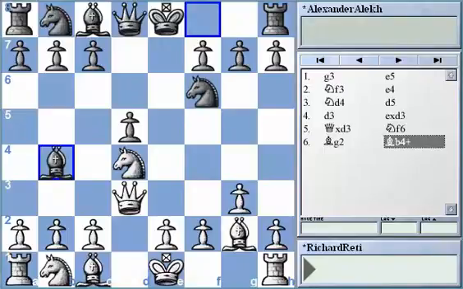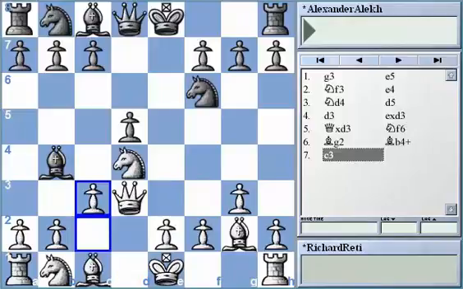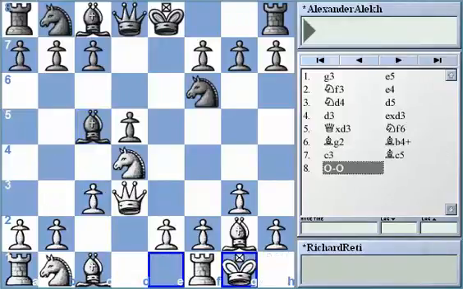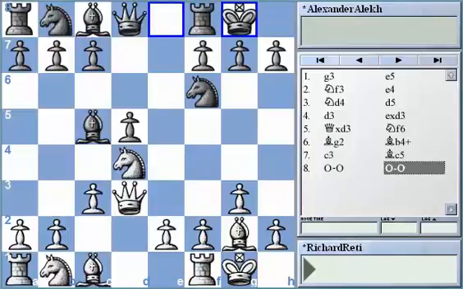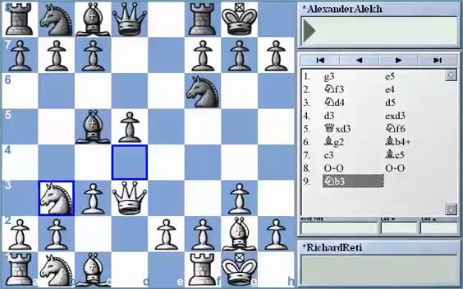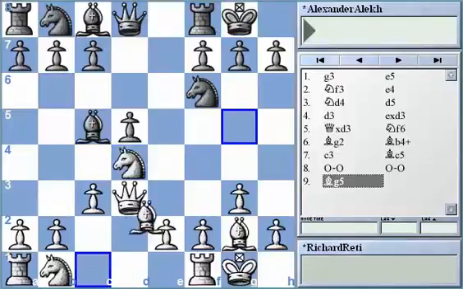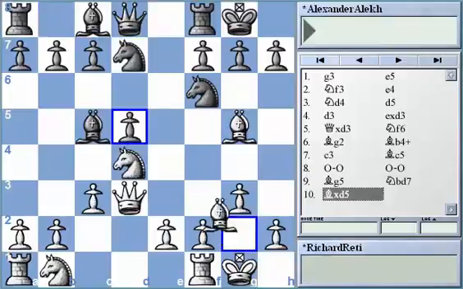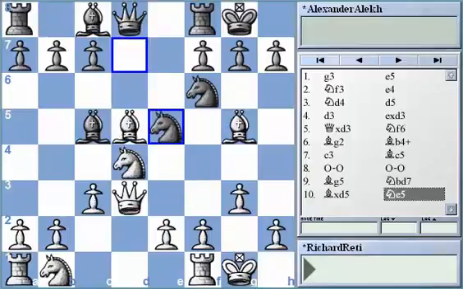Interesting move. The idea behind bishop b4 check is to provoke c3, and then if bishop c5, castles, knight b3, bishop b6, black has a solid acceptable game. Or if bishop g5, black can play knight bd7, the point there being if bishop takes d5, knight e5 is good for black.